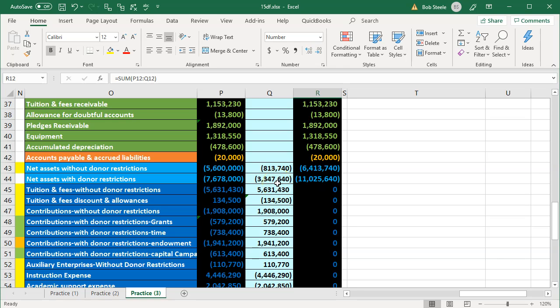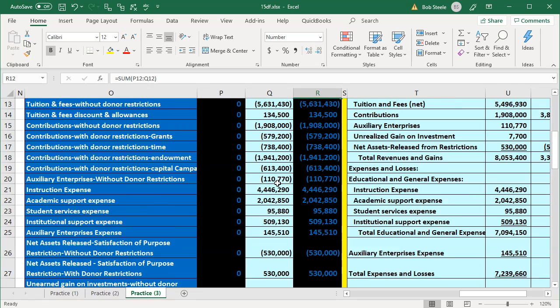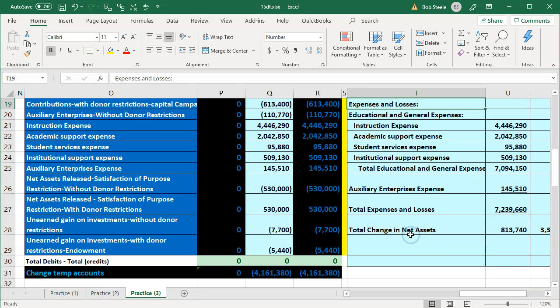So here we don't have draws or investments that are typically going to be recorded to net assets, and therefore the change in the net assets will be due to simply the activity that happened. The temporary accounts, the kind of like net income number from the statement of activities. So we can just call it then the change in the net assets. So you want to think about that as kind of like the net income number, bottom line number, but